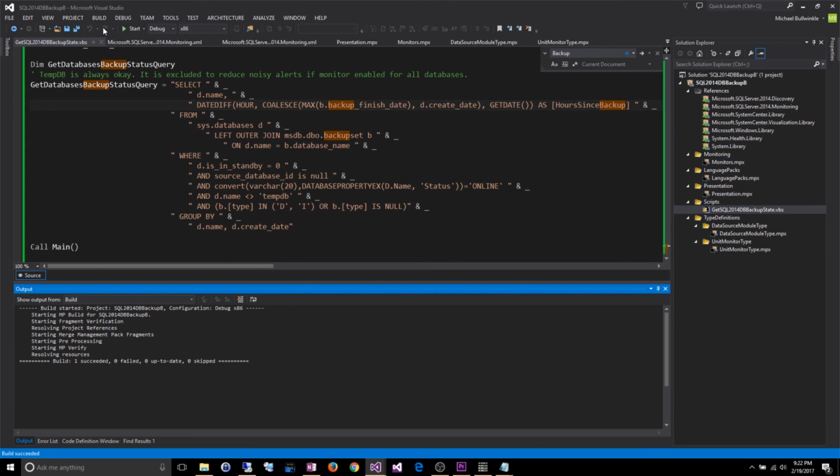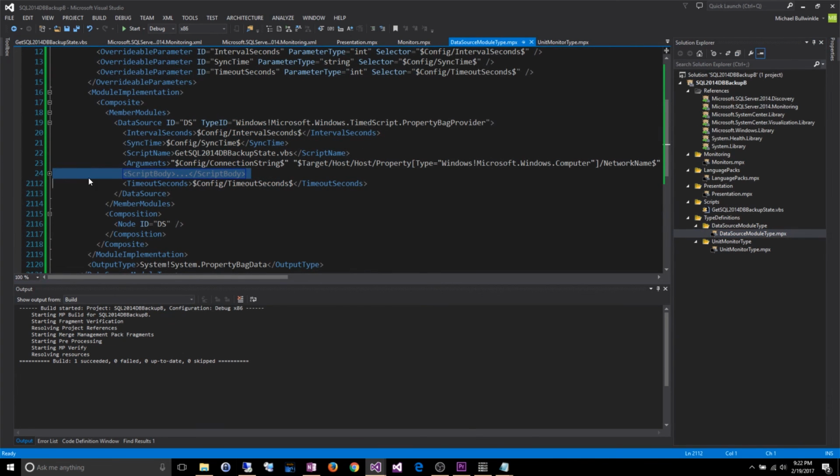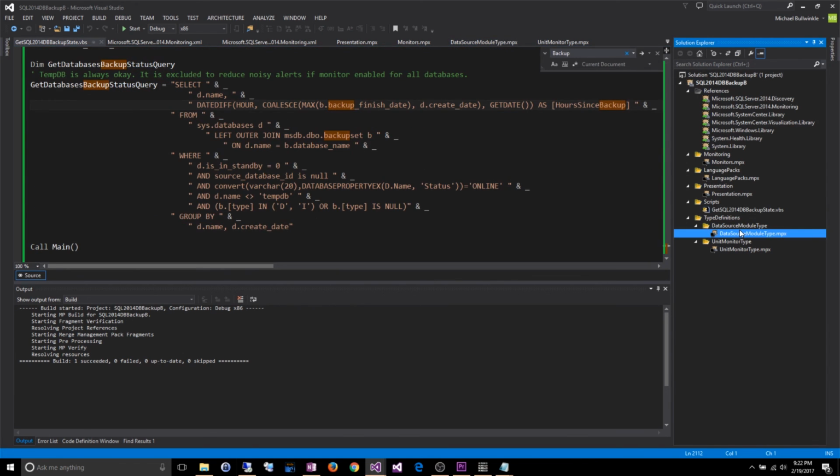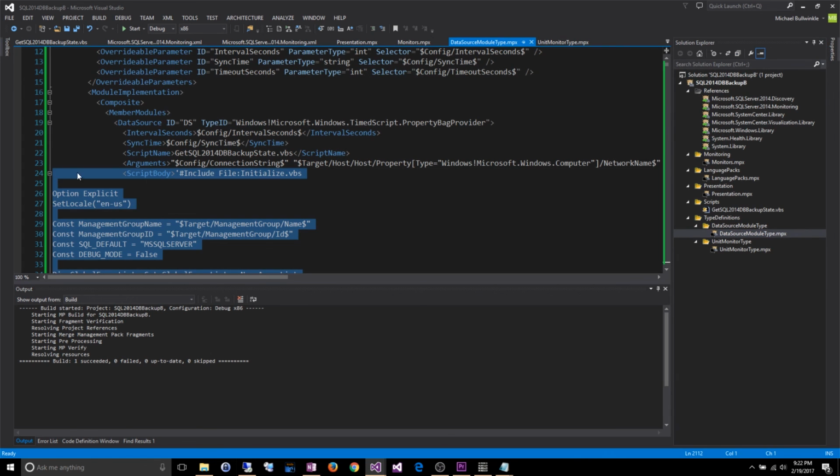So technically we're building correctly, but we still haven't done what we need to do to be referencing this file. If we go back to our data source module type, you can see is script body is still here. So even though we have the separate script, we are embedding this. This would ship to all the machines. It's not actually running this one yet. It is still saying my script body, as far as it's concerned, is this big mess of VBScript